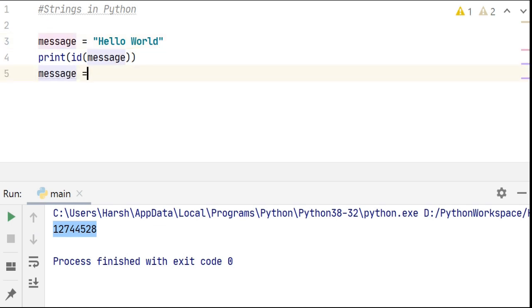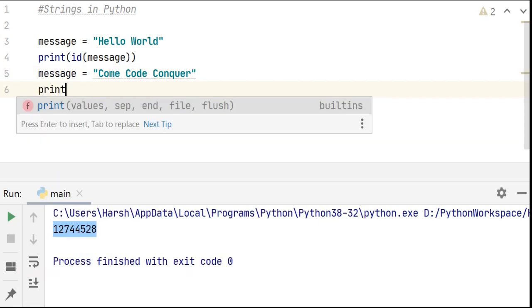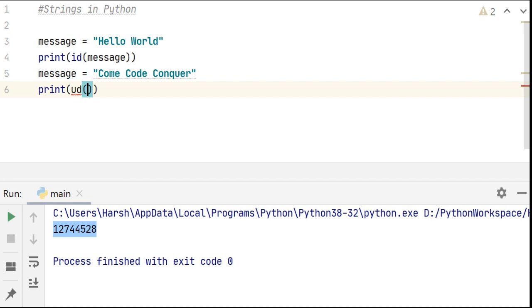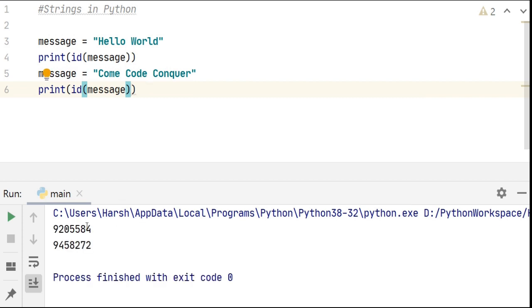Now let's assign a new value to this variable. Say message is equal to come code conquer, and print the id of this variable again, and when we print it we get this message variable is at a different location and the new value gives us the different location.